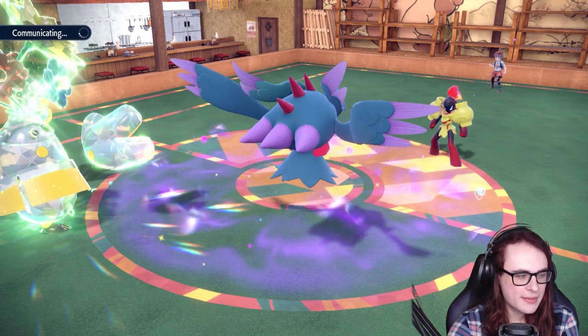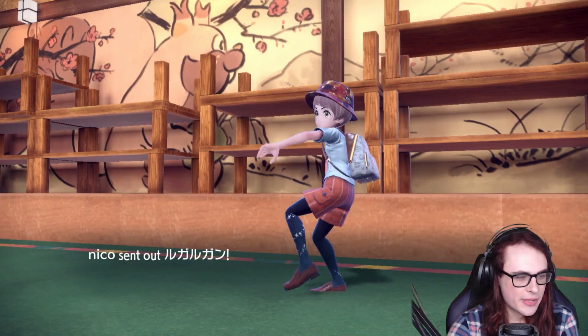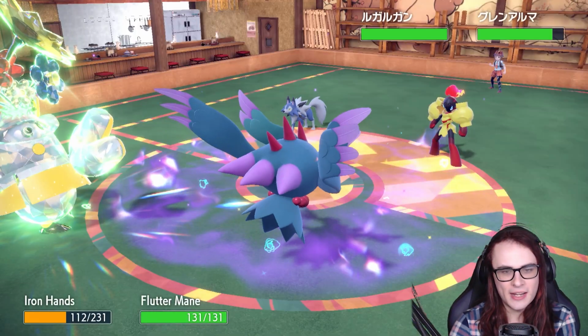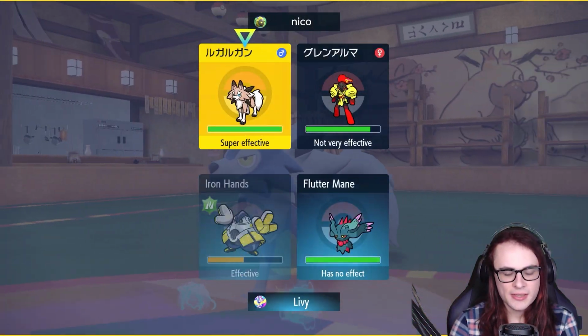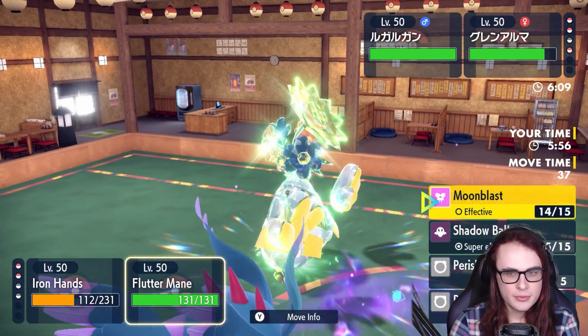Thankfully, though, because of the Assault Vest, of course, even if this is like a Terra Fairy set, we can take this pretty well. Lycanroc comes in. Okay, Lycanroc coming in is fine. Because they don't have Tyranitar in yet. So I'm going to proceed to click the Drain Punch into Lycanroc. And then I'm going to... Actually,